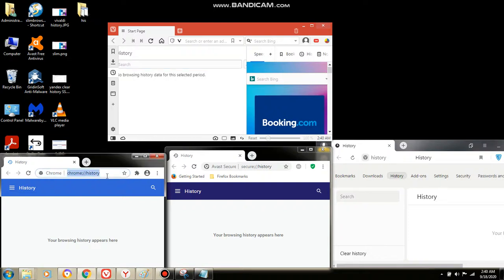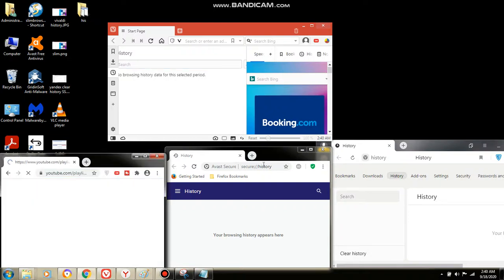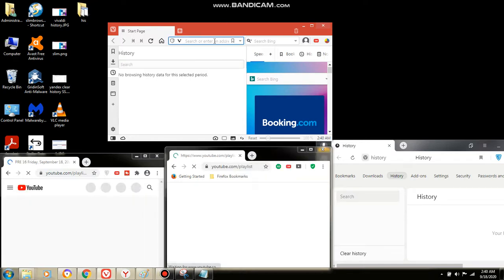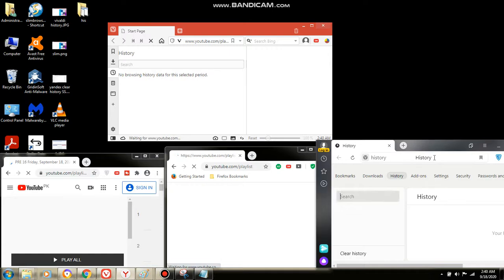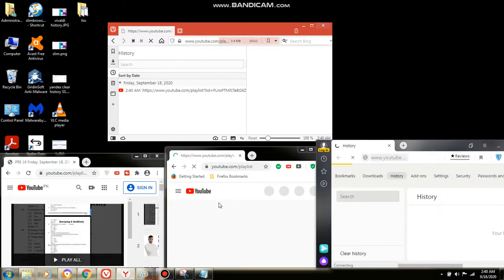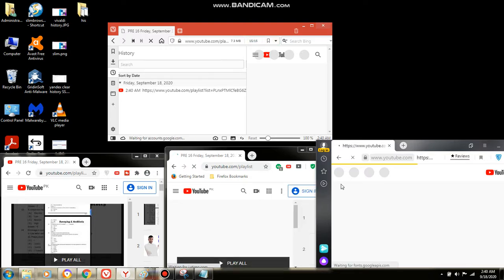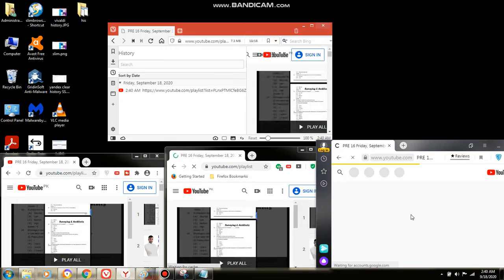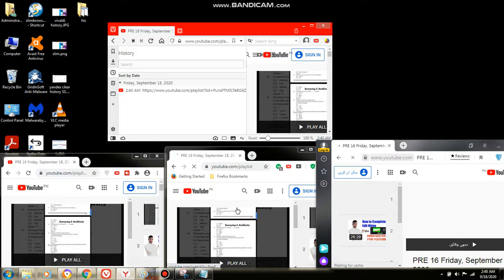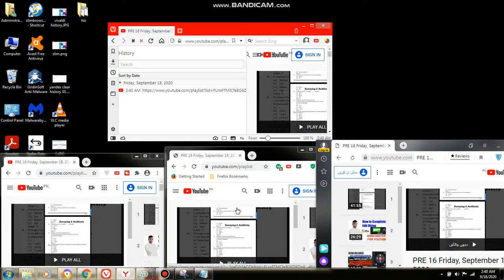So now I am going to paste the playlist in browsers one by one. I usually first paste the playlist in all the browsers which I am using, like this. There you go. Now how I am going to play the playlist, what will be the sequence and what things I have to make sure while playing the playlist.